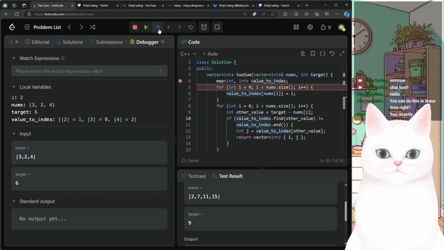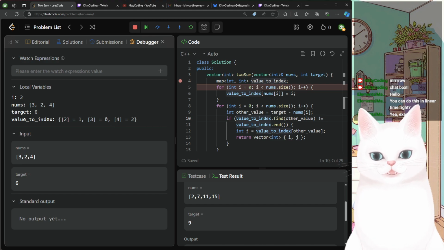Then we're going to map. So 3 has been mapped to 0, 2 has been mapped to 1, and 4 has been mapped to 2. You may notice this is not the order that I set this up in. Dictionaries don't really have an order. They basically end up getting ordered